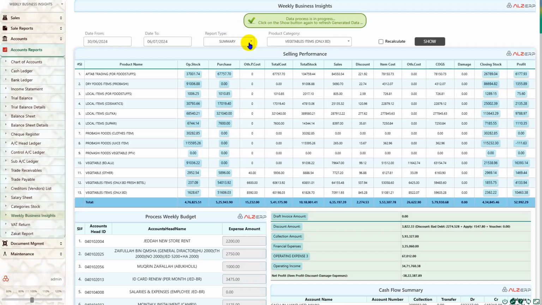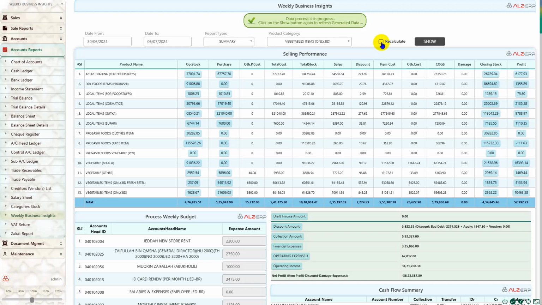Let me explain. Here is a detail screen where for every category it can be checked for each data for their breakdowns or details of the showing total amounts. So here is a recalculate button. If